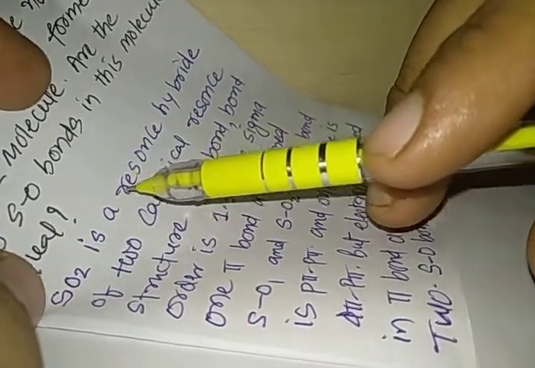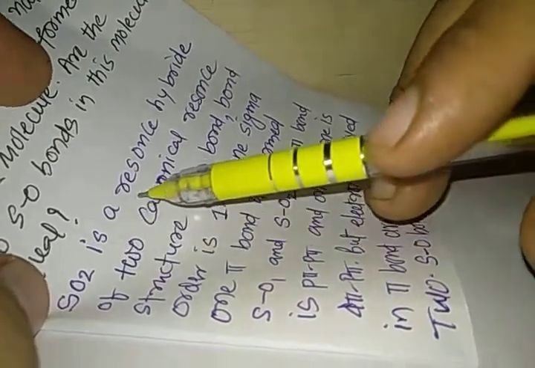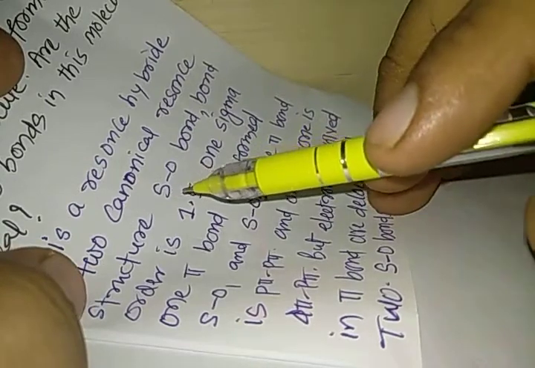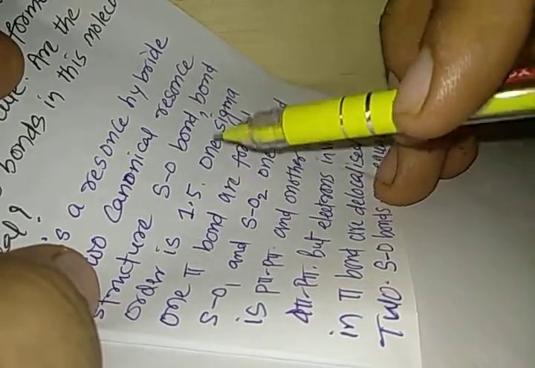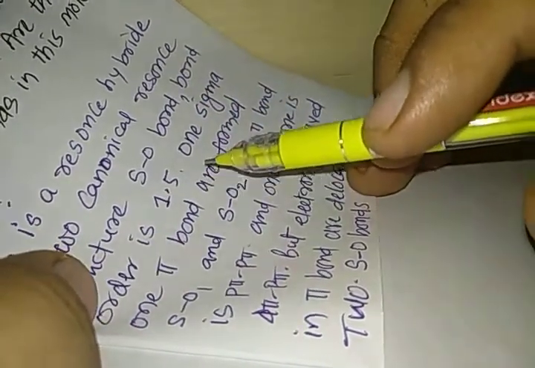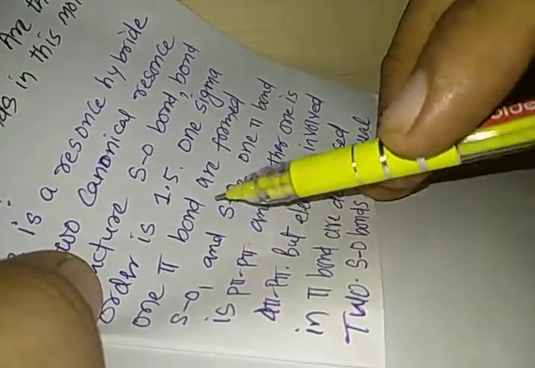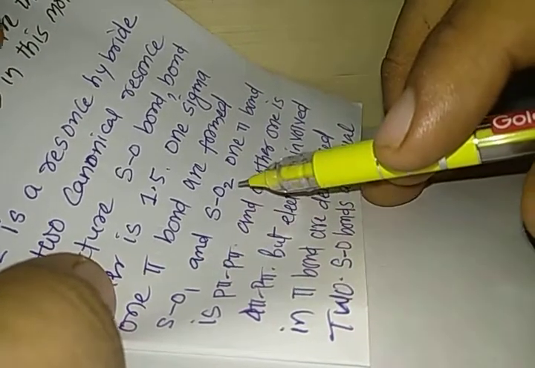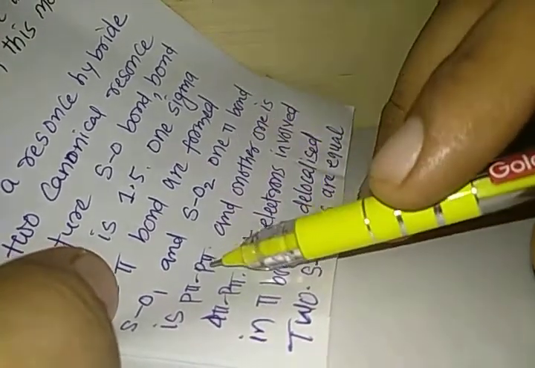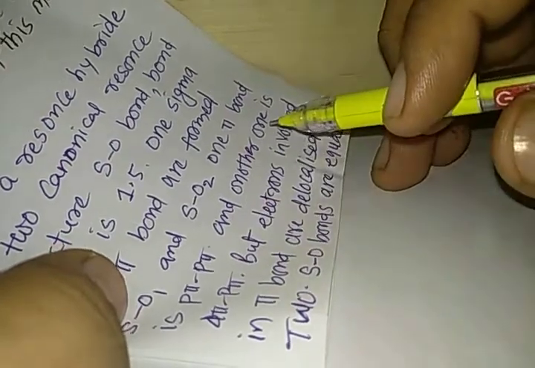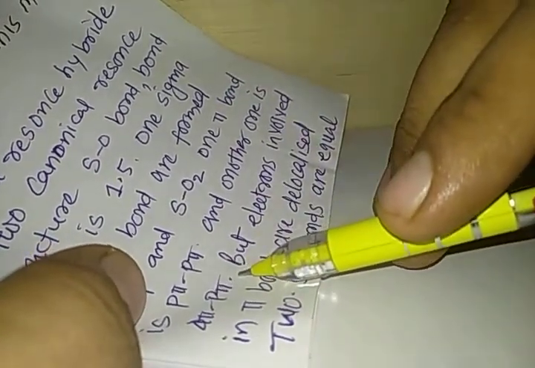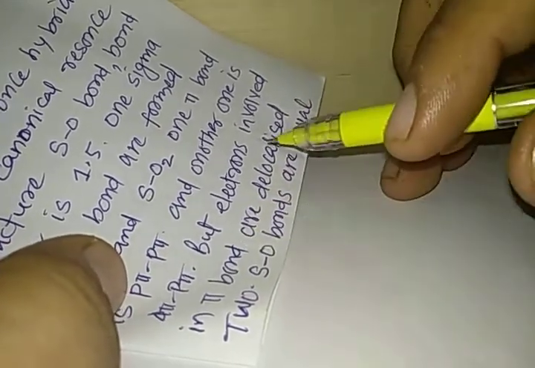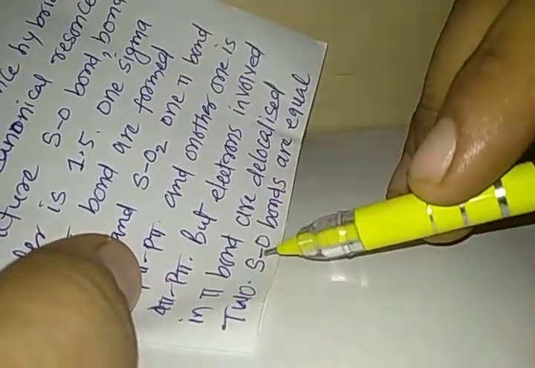So now we can correctly answer this question: sulfur dioxide is a resonance hybrid of two canonical resonance structures. The S–O bond order is 1.5. One sigma and one pi bond are formed between S and oxygen 1 and between S and oxygen 2. One pi bond is a p pi–p pi kind of bond, and another one is a d pi–p pi kind of bond. But still we can say that the electrons involved in the pi bond are delocalized,